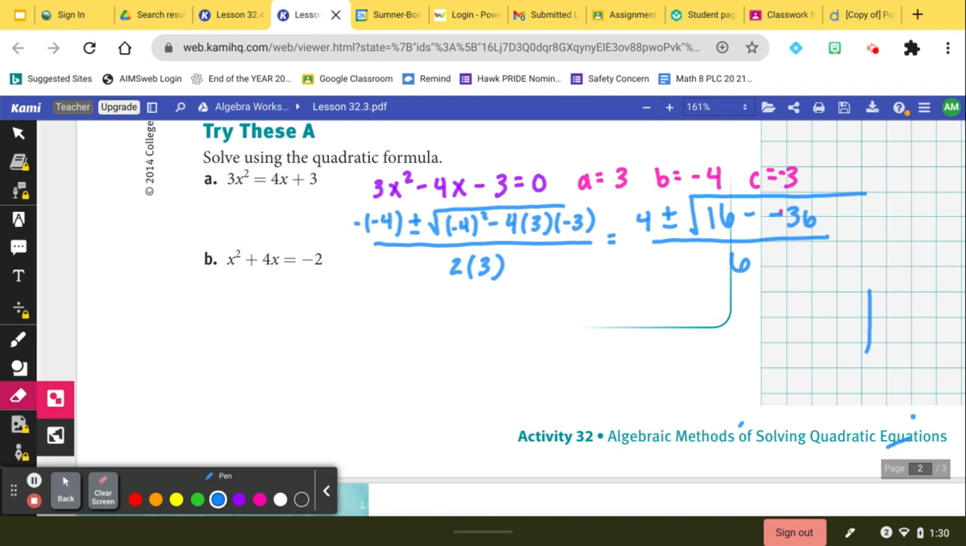So now I would just need to simplify underneath my square root sign. So that would be 4 plus or minus the square root of 16 minus negative 36. That's the same as 16 plus 36. So the square root of 52 all over 6. Now I can simplify that radical, but I'm going to leave it unsimplified and then write my two solutions, and then we'll estimate what the square root of 52 is. So my two solutions are x equals 4 plus the square root of 52 over 6,